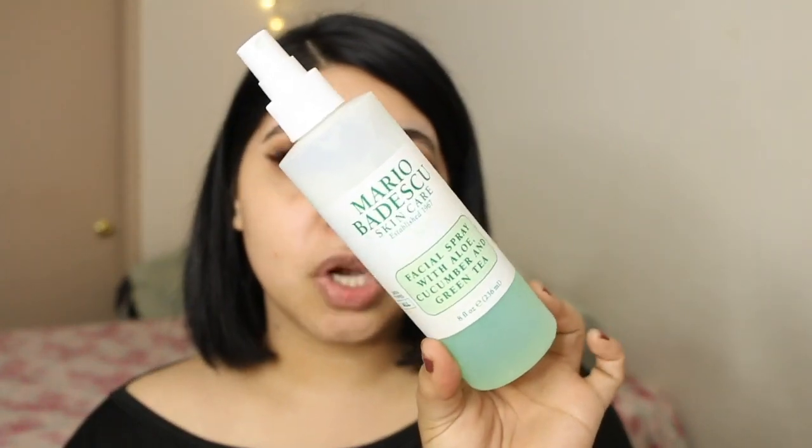So I'm first going to be going in with this Mario Badescu spray. I know a lot of people don't like these products for whatever reason. You know, everybody has their opinions, but it does work out for me. It does a great job at keeping my skin moisturized. So I'm going to go in and spray this. Did I say moisturized? I'm pretty sure I meant hydrated, but...